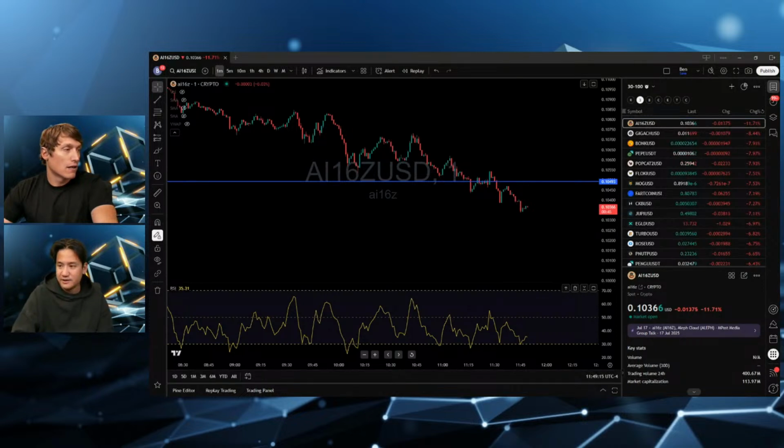Like this sounds just like a made up name. AI16Z. Yeah, I mean, really, kind of does, right? Sounds like the name of Elon Musk's kids. He's gonna name his kid...